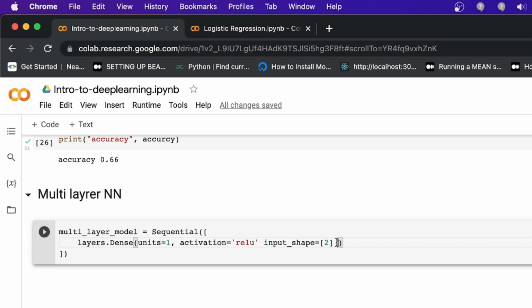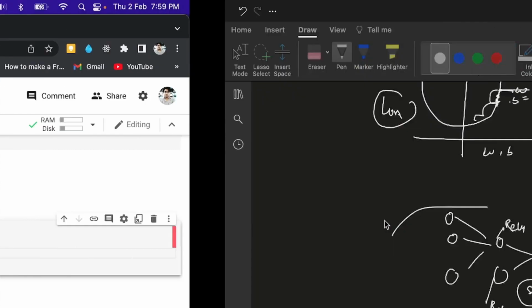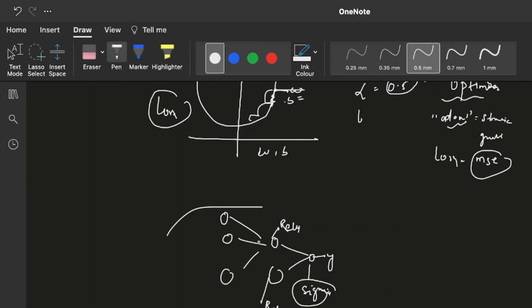Now the second one is also a dense layer.